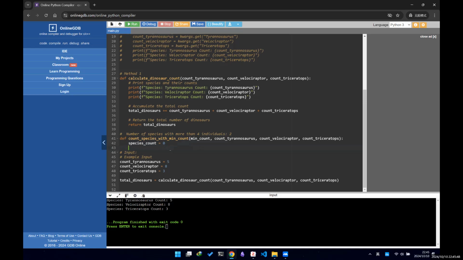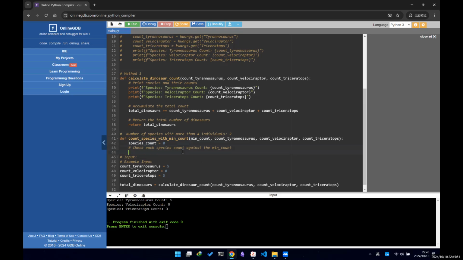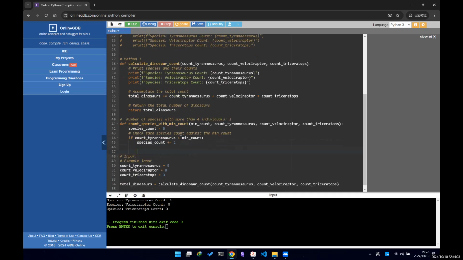Check each species. If it's more than the minimum count, then the species count can be added with 1. Others are the same. If count more than minimum count,